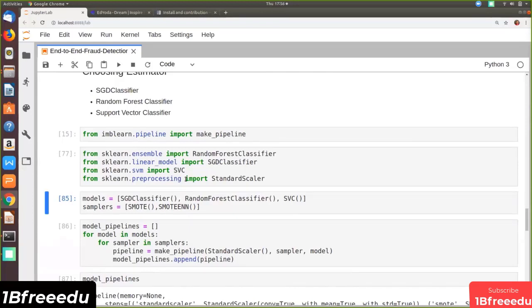Now we need to stitch them together. And remember, we want to connect standard scaler also here for scaling all the columns which are not standardized. Let's understand the concept of pipelines and we'll see how to stitch them together.